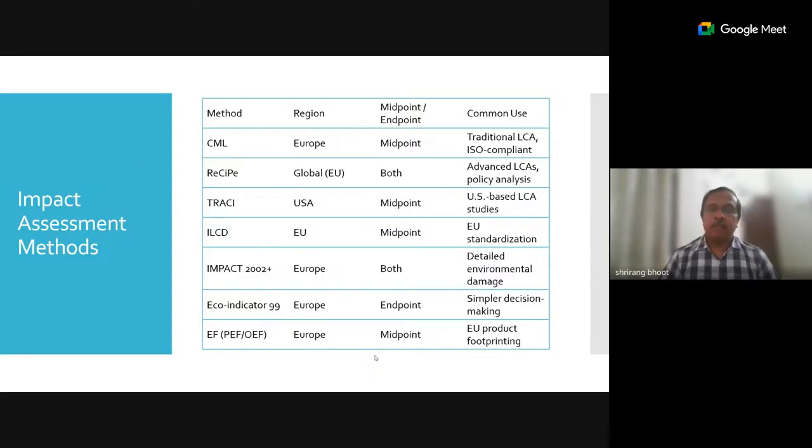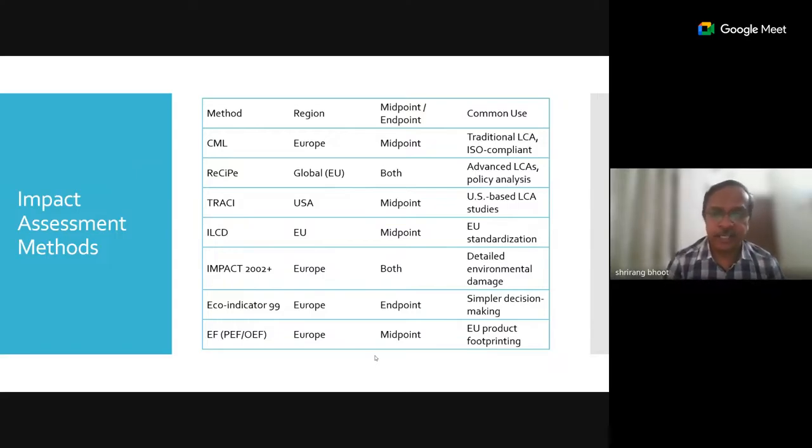Those are basically the endpoint effects, when the product is eventually used to give that effect. That's why it is called endpoint effect, and the midpoints are the effects brought up in the middle of the activity. But both midpoint as well as endpoint effects can be used while doing the impact assessment and to interpret the data.